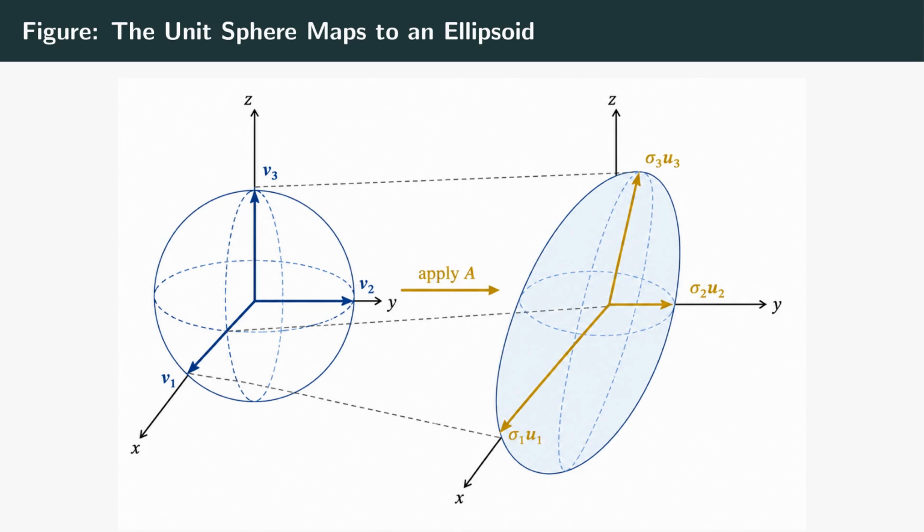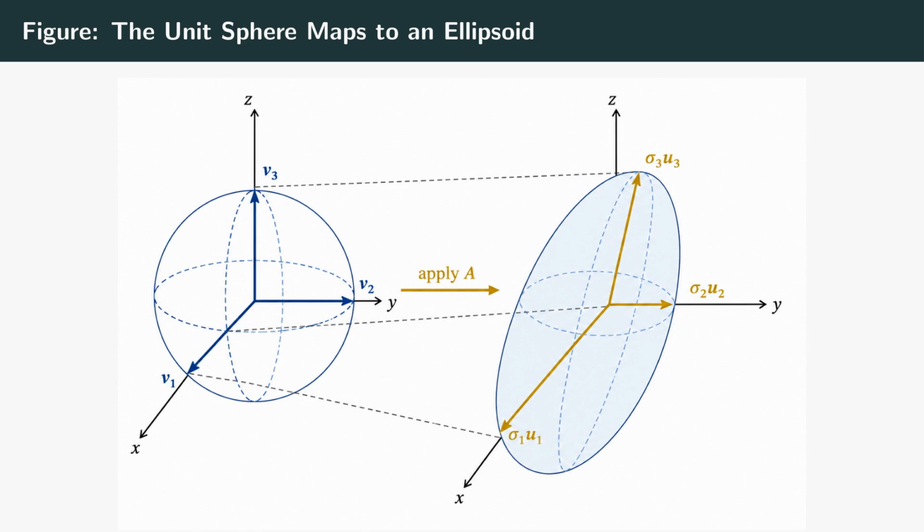Here is the same idea one dimension up, in three-dimensional space, where it becomes truly vivid. On the left, the unit sphere, all vectors of length 1, with three mutually perpendicular arrows along its axes, the right singular vectors. Apply the matrix A, and the sphere deforms into the ellipsoid on the right. The three perpendicular arrows become the three semi-axes of that ellipsoid, each pointing along a left singular vector and each stretched to the length of its singular value.